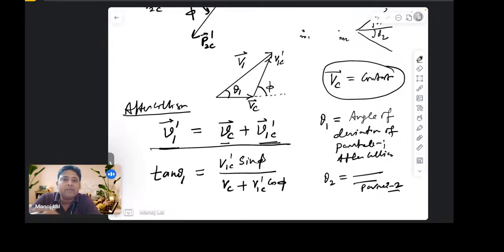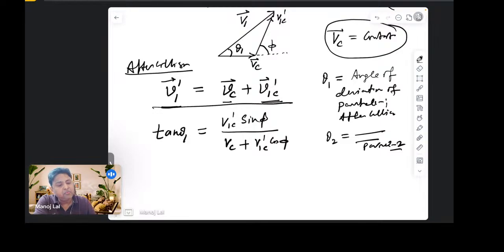So lab frame things are very simple, easy. So tan theta 1 is like this. And we know VC, just to get it, VC is equal to what? M1, we got VC and V1 dash